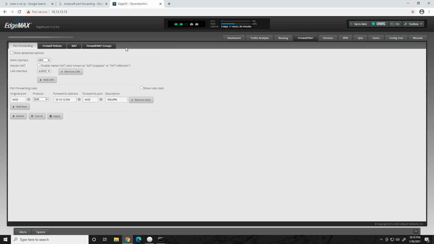Now let's go ahead and go to the firewall NAT tab. The default tab that we go into is already port forwarding, and we can see I already have a rule set up for port 4433, and that is for an SSL VPN that I already have configured. Now if we want to add a new rule, all we got to do is just click add rule. It makes some more boxes, and the original port, this is going to be the port that's incoming from the internet. So Minecraft's using 25565, and for the protocol,